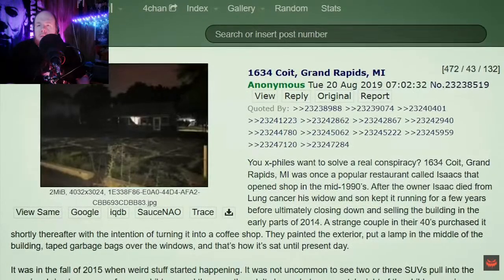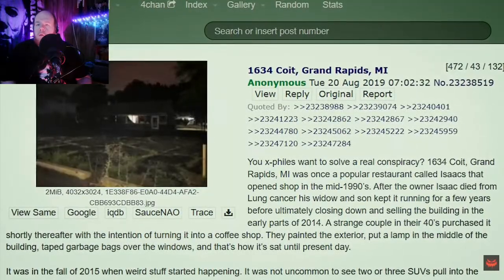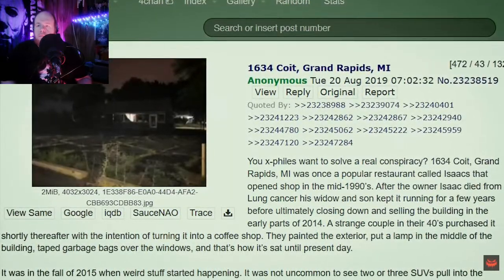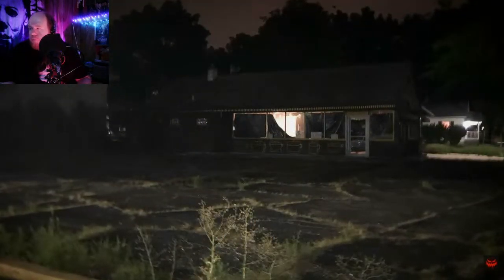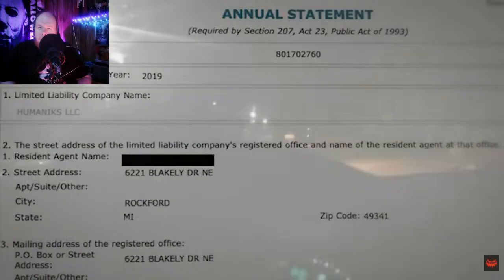On the 20th of August 2019, an anonymous person started a thread discussing some extremely unsettling activity he noticed at an abandoned building near his home. However, what sounded like nothing more than a conspiracy creepypasta turned into a disturbing mystery involving shady shell companies, mysterious sightings, and the potential disappearance of 3 people